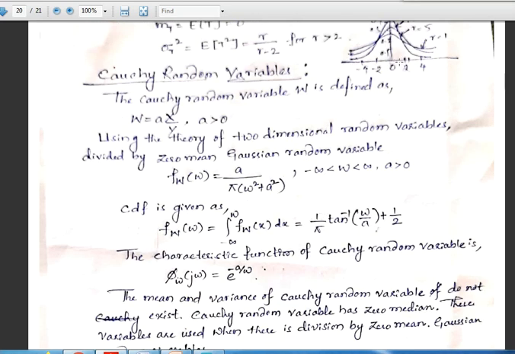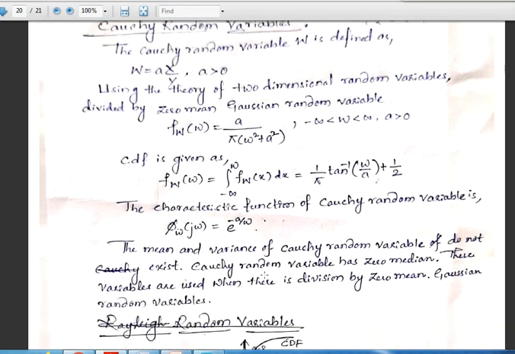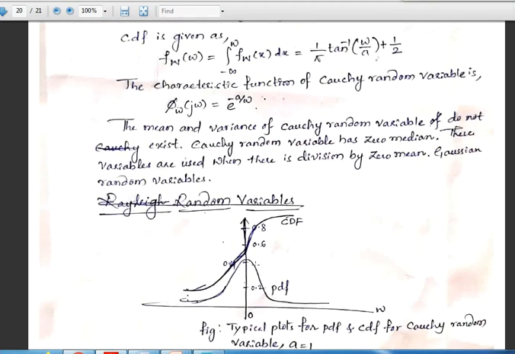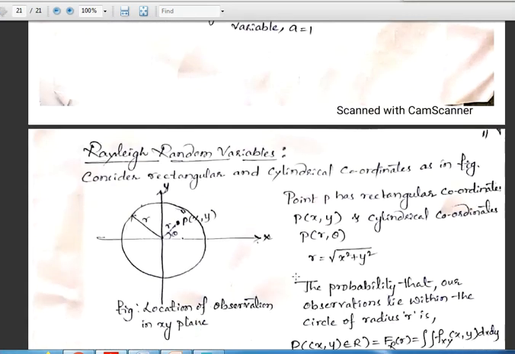So just the introduction is what we are supposed to take: how the expression is given, the probability density function, maybe its CDF, and mean and variance. The PDF and CDF of the Cauchy random variable will be in this fashion. The PDF is the lower one, which is just like a resonance kind of curve, and the upper one, which the mouse cursor is going along, is nothing but the CDF.